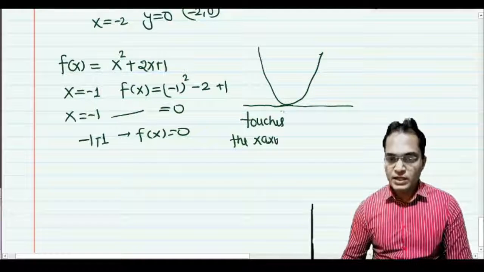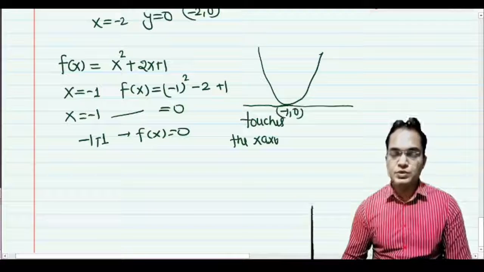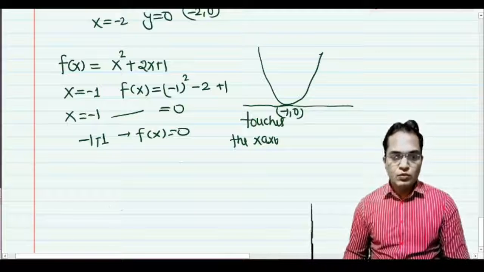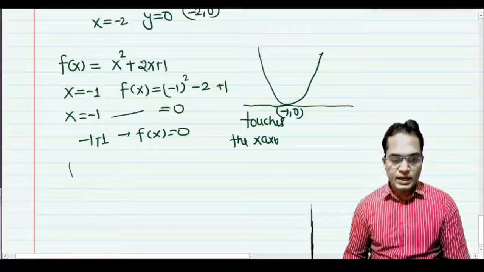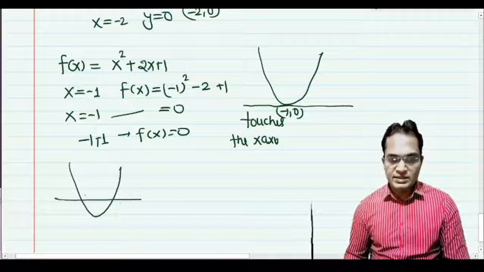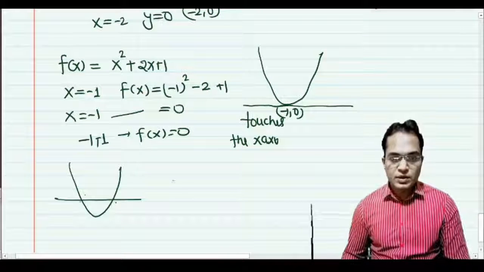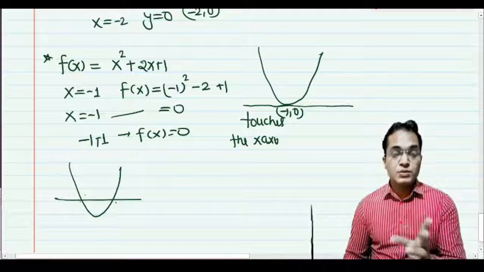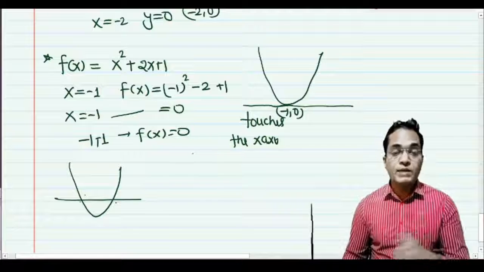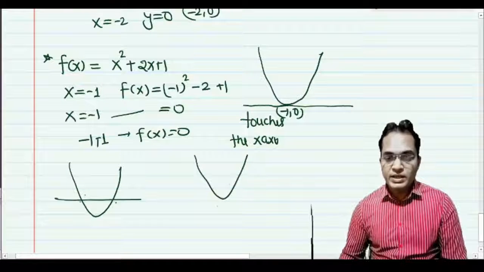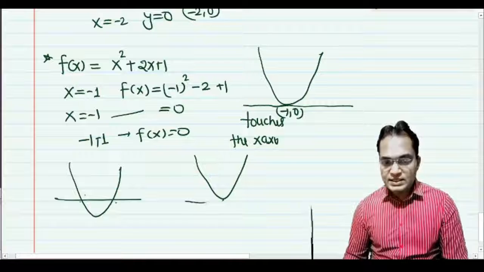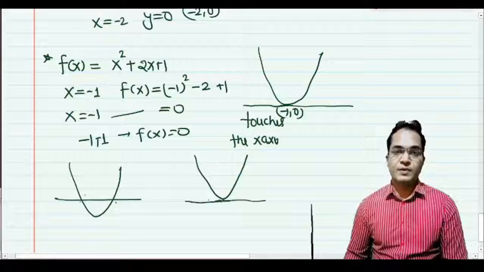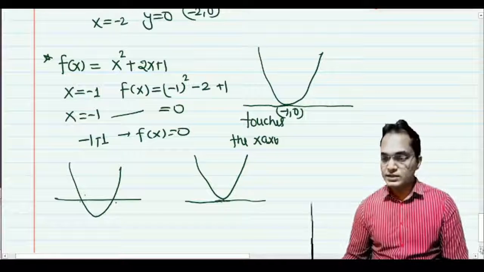And this point can be written as minus 1 comma 0. Yes or no? Understand? Actually what I am saying is that if the parabola is like this and the x-axis like this, then there are 2 distinct roots. But for such equations there are 2 roots, but both are overlapping. Then how can we plot them? We can plot them like this, and in that case the x-axis only touches at this point. Got it?